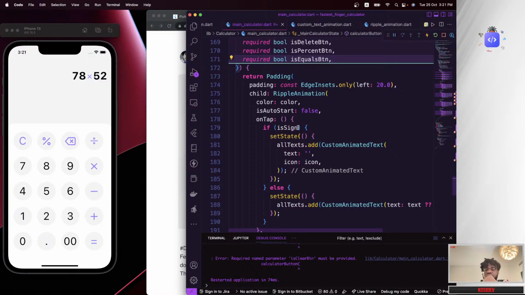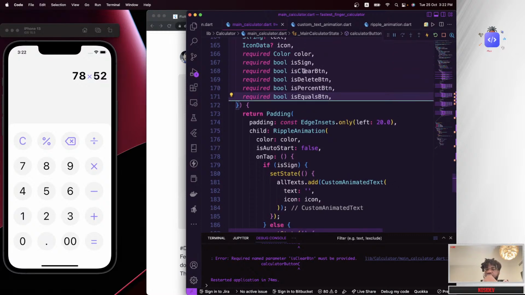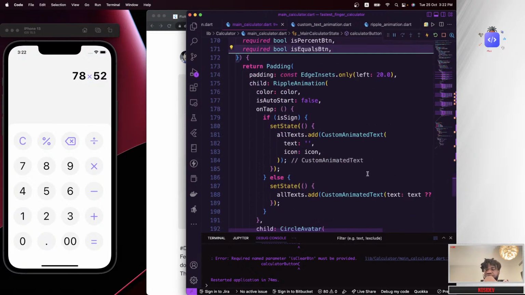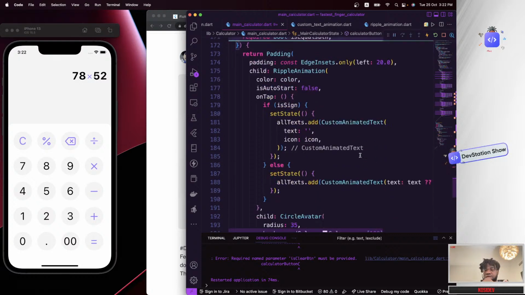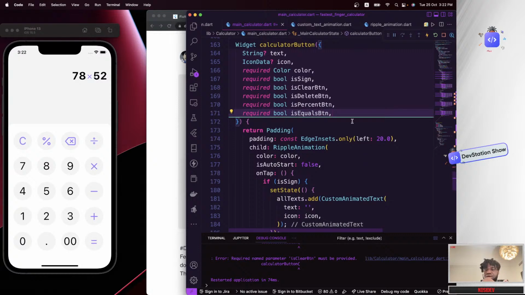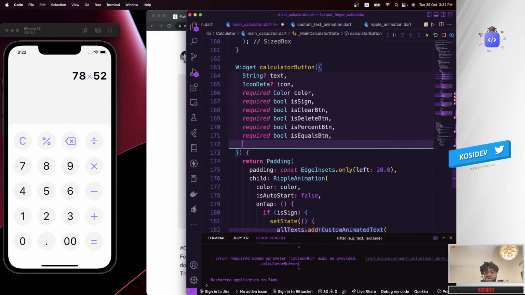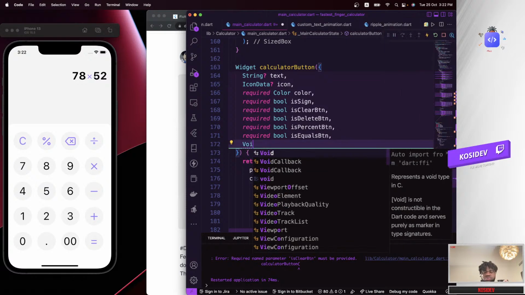It's all going through if statements here to check if it's a percentage, if it's this, if it's that. That's going to be a whole lot of if statements. But I think we'll give this button an optional variable that's going to be called void callback,